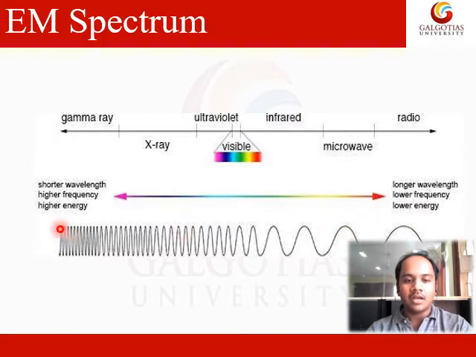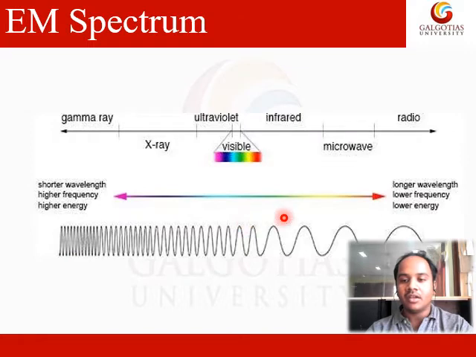Starting with the gamma rays, the wavelength will be shorter. The frequency is nothing but the number of crests or thrusts which are happening in one particular unit of time. So here you have higher frequency compared to here. The area covered here has lower frequency, and the area covered here has higher frequency. Gamma rays have higher frequency but shorter wavelength. When you have higher frequency, the energy of the light will be higher.